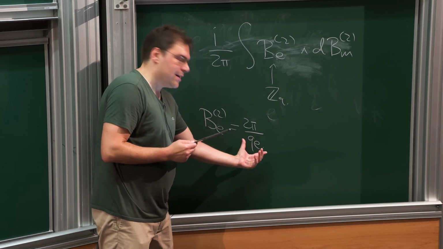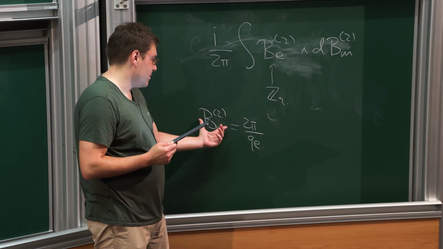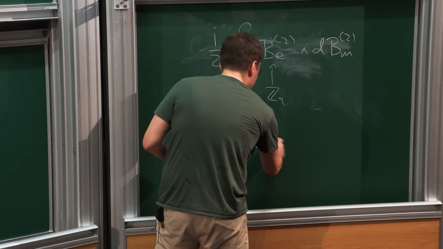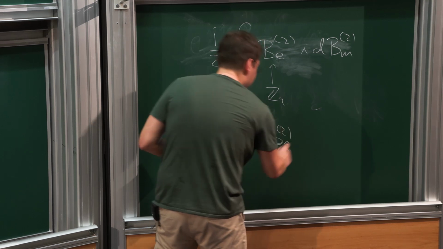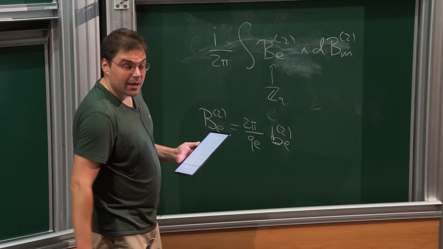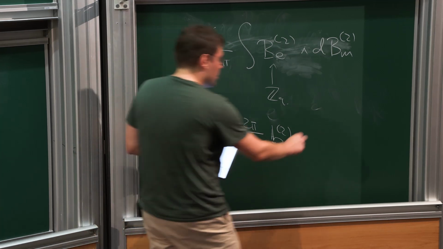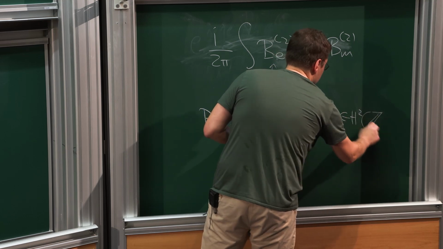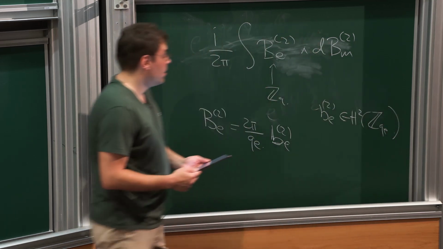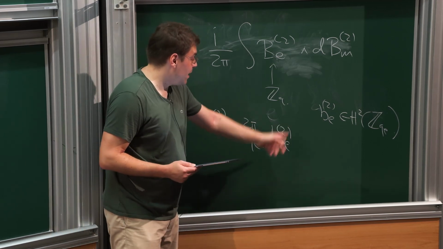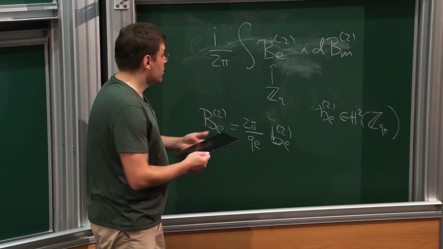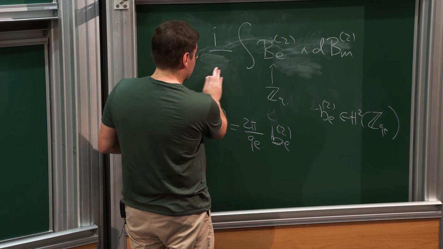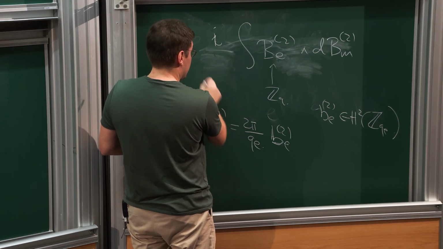This is the conversion factor that you need to put from this 2 pi periodic object to integer cohomology. And so you can define a field which you can call little b2 electric, and this little b2 electric is actually an element of ZQ cohomology. So b2 electric lives in H2 with coefficients in ZQ. And when you plug this into here, what you get is, the 2 pi cancels. You get I,